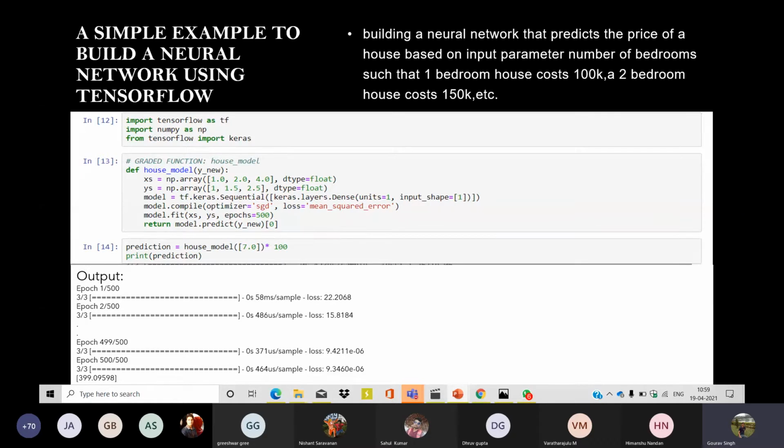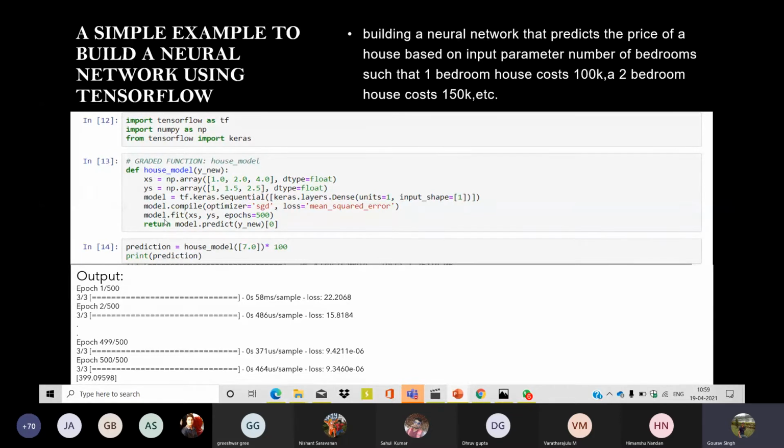So coming to the next function, model.compile with optimizer SGD and loss mean squared error. We are using stochastic gradient descent as the optimizer to train our model, and the loss function is calculated using mean squared error. Now we will fit our model between the X inputs and our output.